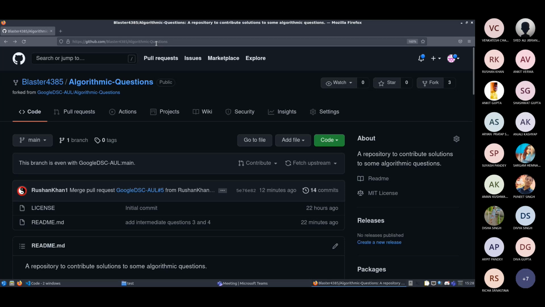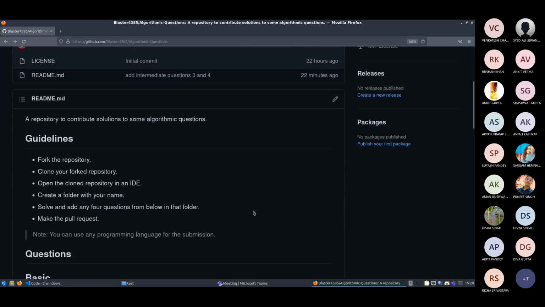Is anyone else even doing this? I do git clone? Yes, git clone. Okay, pasted it. Yes, it cloned. Now again I have to do cd, space, the folder that you just cloned. Yes, it's done. Okay, thank you. Next.